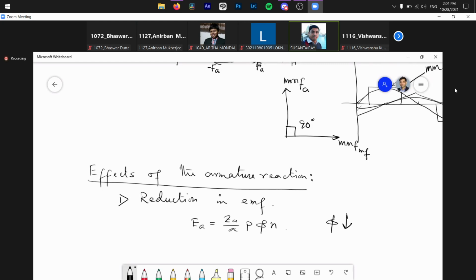No, main flux means it's an air gap flux, not the main flux. After the armature reaction, you cannot say it's the main flux. You cannot segregate that this is main flux and this is armature flux. Whatever you have, you will have only the resultant flux over there. So you can say only the air gap flux. Now the air gap flux will contribute the voltage there.